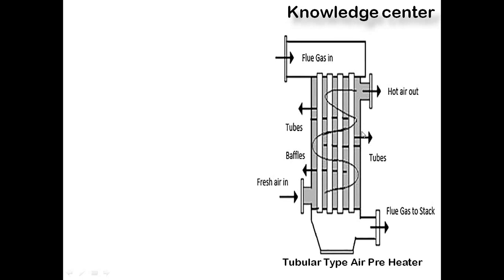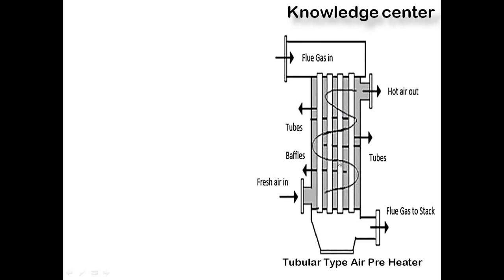Meanwhile, it is taking a path, which means it is coming in contact with all the tubes here. If you don't have this baffle, then the air will just pass in a straight line like this, and it may not come in contact with the other tubes. So in order to come in contact with all the tubes, we have horizontal baffles. One more thing you can add here: when air takes so much time, it has a lot of time to come in contact with the tubes and absorb the heat. That is the advantage of having baffles.